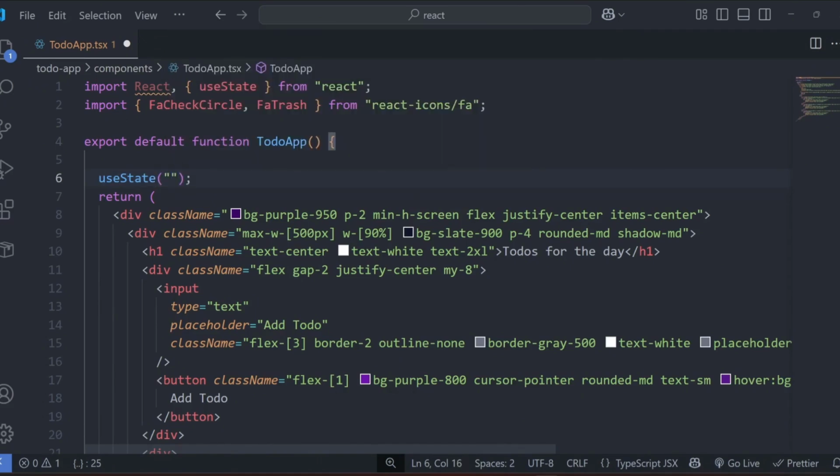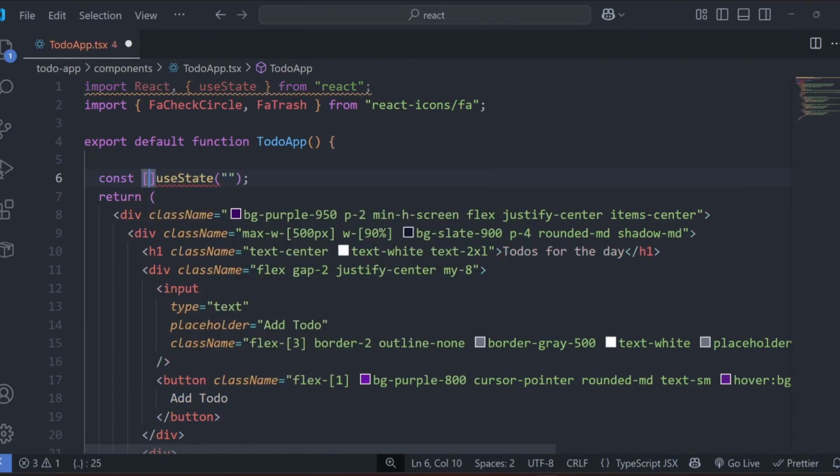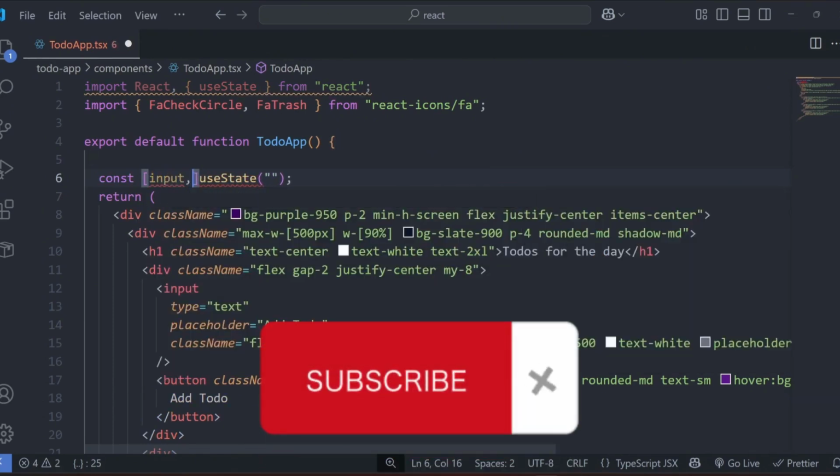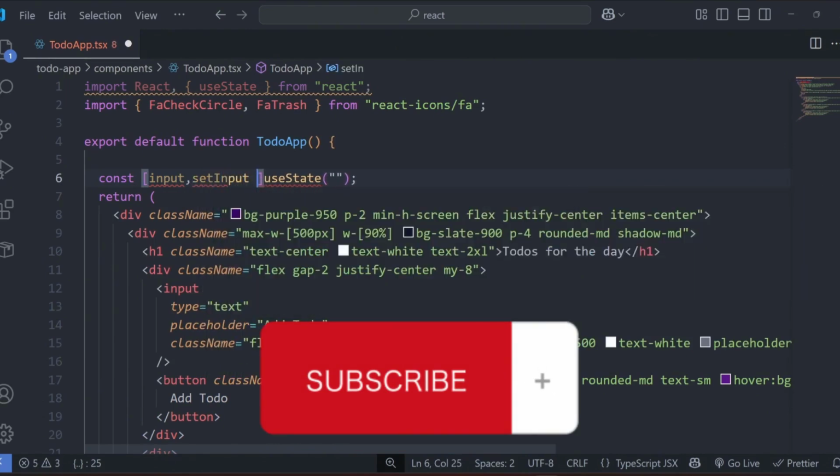Now the useState is going to return two values, the actual value and the function to update the value. So I'm going to destructure those values. I'm going to say const, I'm going to call this value input. Then the function to update the input, I'm going to call it setInput. Then it's equal to